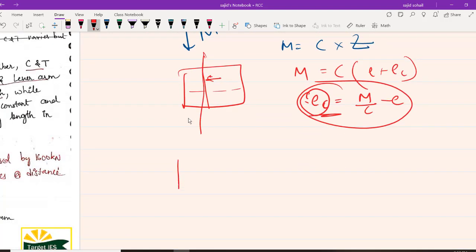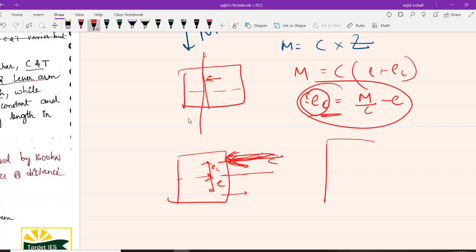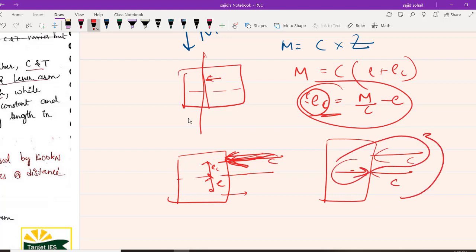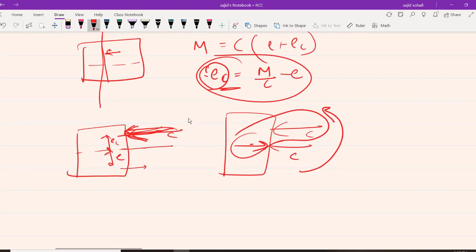Now let us take this section. Here I have my compressive force. Let us say this is the neutral axis, and here I have my tension acting. It doesn't matter. So how much stress is coming because of my compressive force? Let us try to understand. This is eC. Let us say this is e. So you know very well what you have to do. This compressive force C, you have to transfer it to the neutral axis, right? Now it is something like this. Compressive force is something like this. Let us transfer it to the neutral axis. So what will you be getting? Something like this. So you see this, you are getting a moment like this, right? You are getting a moment like this.